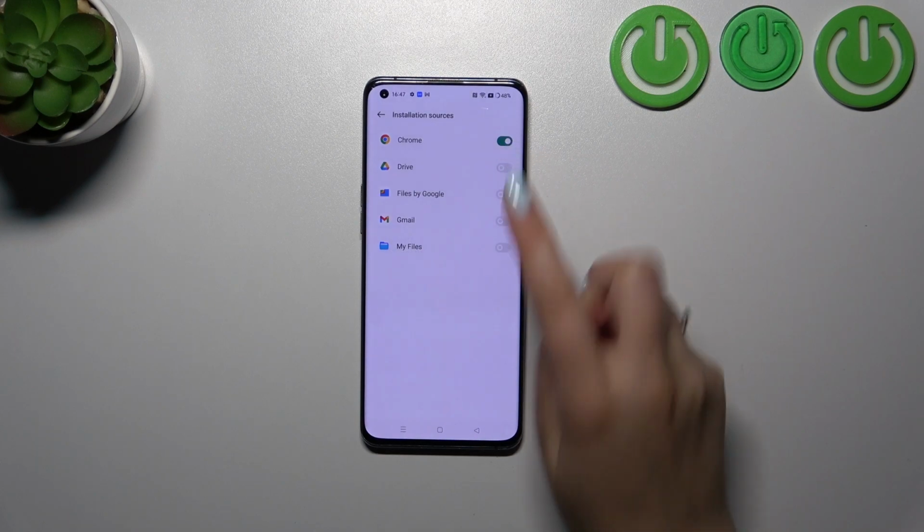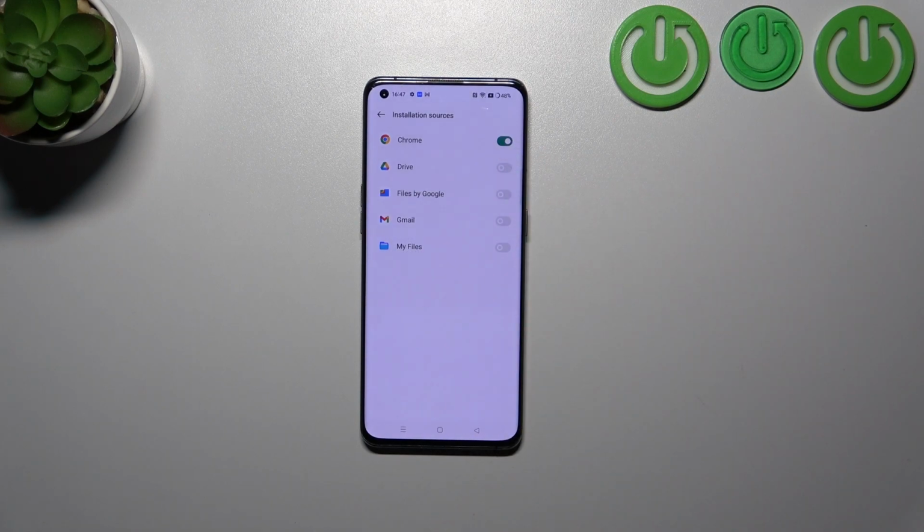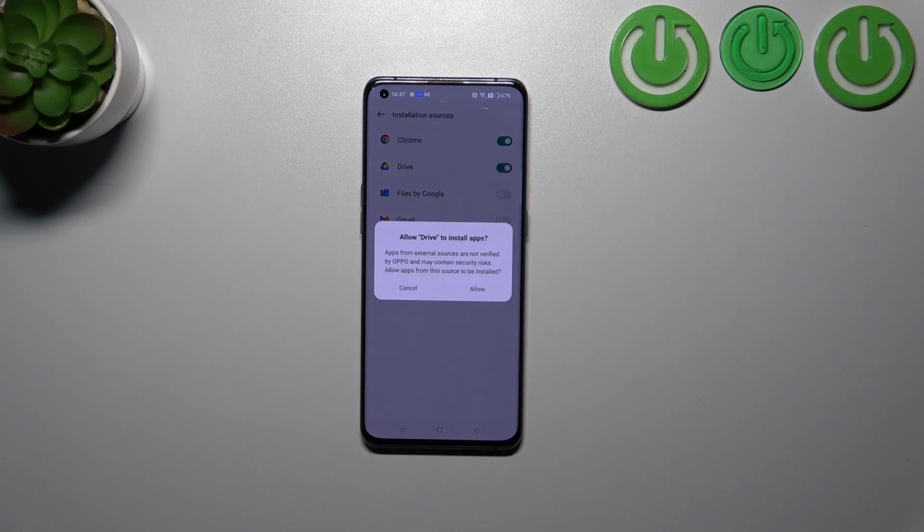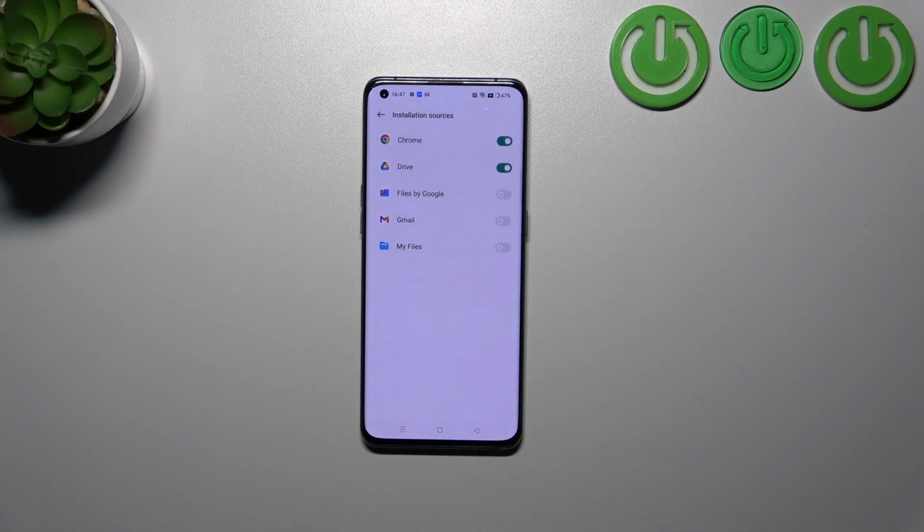Tap on allow, and as you can see it is active, which simply means that from now on your device, the Chrome basically, is allowed to install some content. Be aware because as you can see here we've got this information because some third-party apps aren't verified by the developer, so you may put your data and actually whole device at risk, so really remember about that and choose